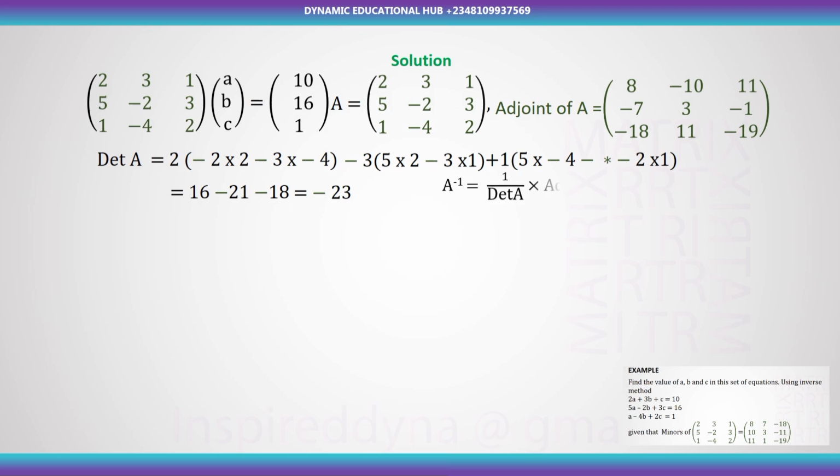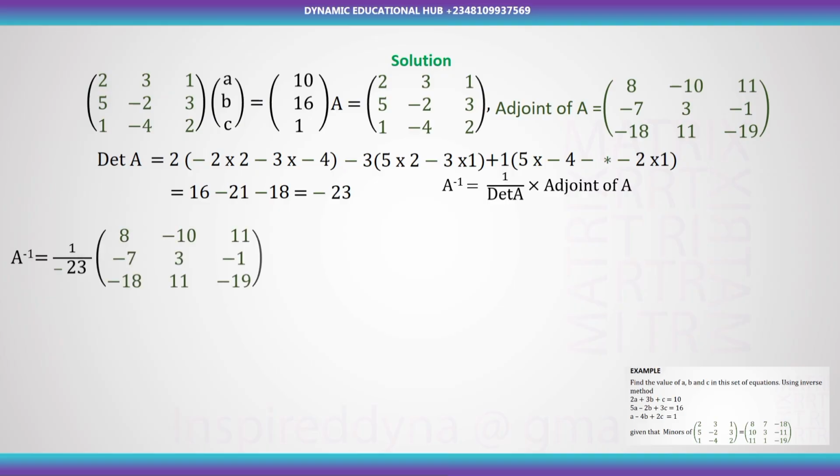And what is the inverse formula? It is going to be 1 over determinant A multiplied by adjoint of A. So let's plug in our values inside the formula. A inverse is going to be 1 over minus 23, or minus 1 over 23, multiplied by this matrix over here,